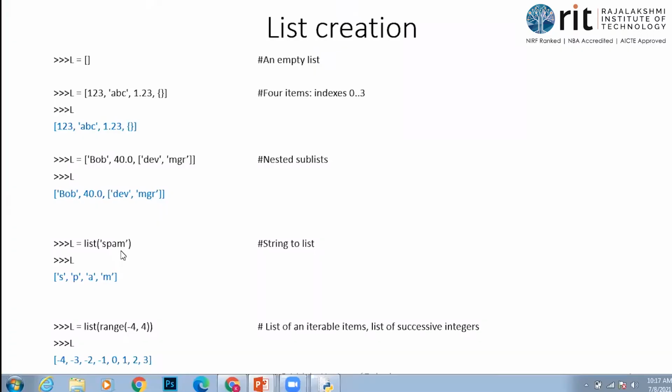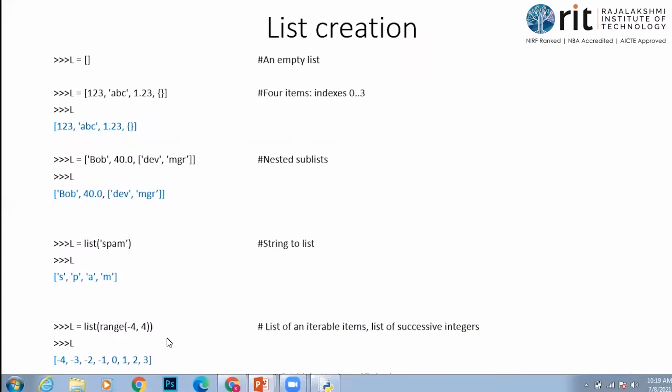Are brackets. So slicing, we have the colon.